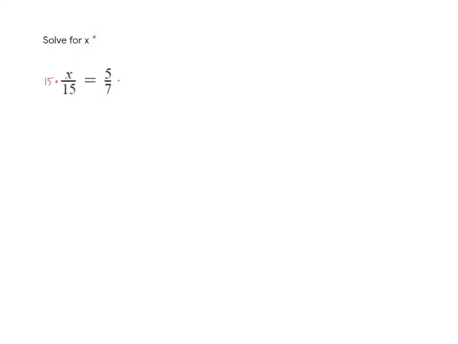You just go times 15, times 15. And if we were to do that, then we'd have 5 times 15, and then we would divide it by 7. And that would give us that x equals 10.7. All right, so that would be one way to do it possibly. Okay, another way to do this